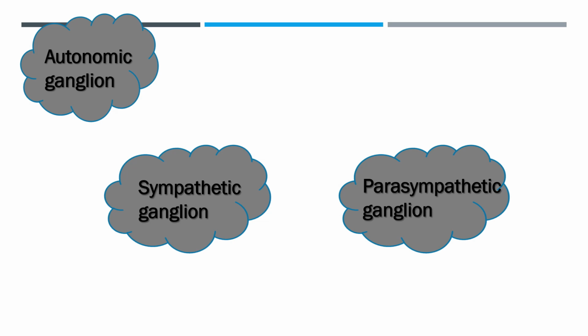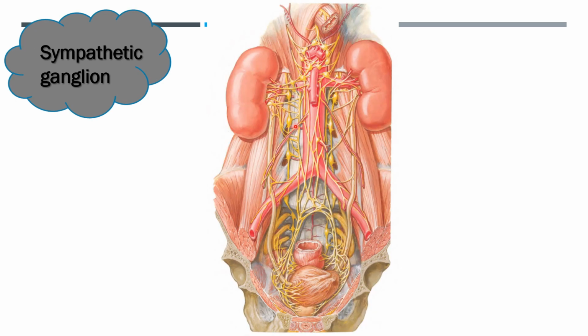Now we will learn about the autonomic ganglion and see the difference of the autonomic ganglion from the spinal ganglion. The autonomic ganglion is of two types, sympathetic ganglion and parasympathetic ganglion. This is a sympathetic chain with the sympathetic ganglia located on either side of the vertebral column. The preganglionic fibers arising from the spinal cord will relay in the sympathetic ganglia. So the preganglionic fibers are short, whereas the postganglionic fibers go all the way to the viscera. The postganglionic fibers will be longer.